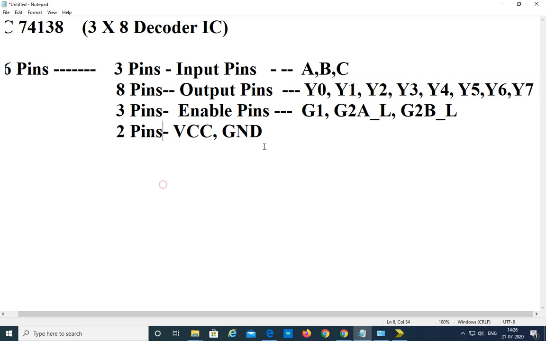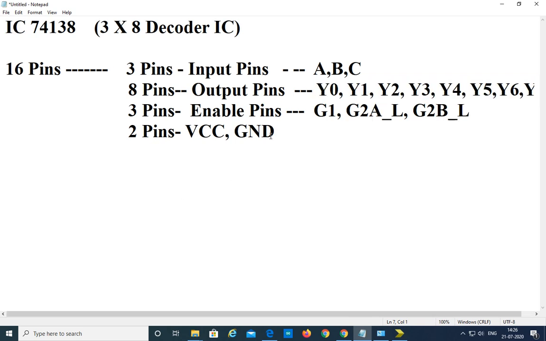If you see the truth table, before that, first give the enable pins. What is the G1 pin, and what is the G2A pin, and what is the G2B pin.